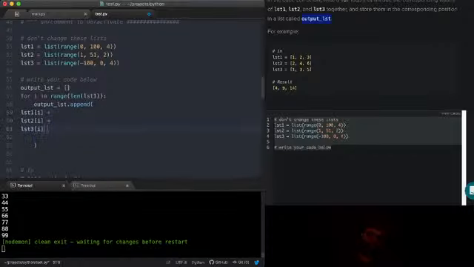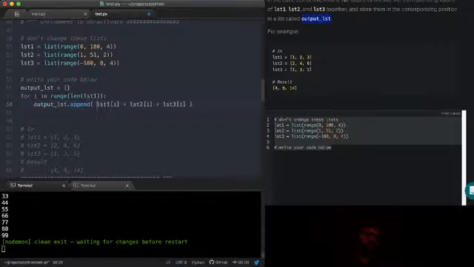Okay. I think that'll do it. Let's print it out. Print output list.